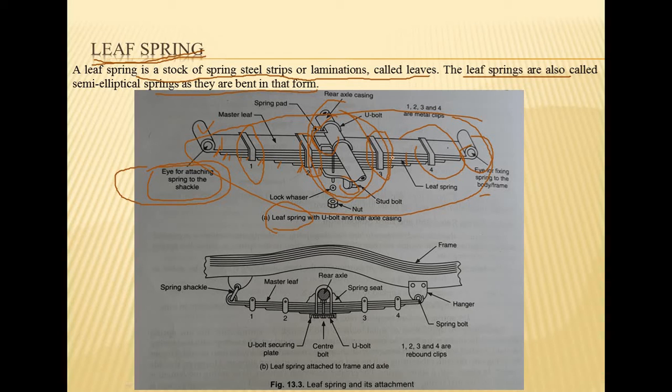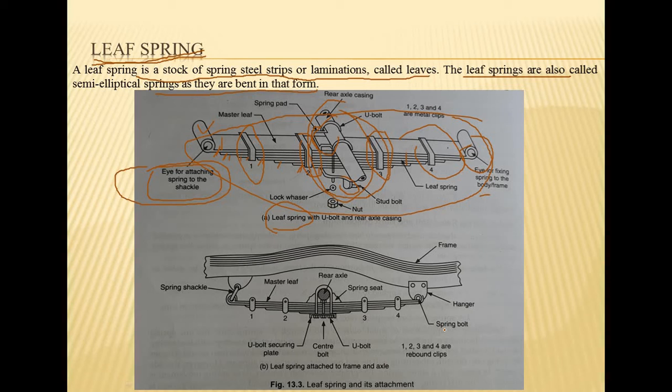The next characteristic: inserts and interleaves are used to control interleaf friction. An insert is a block of some material softer than steel and having special frictional qualities. It is placed in a depression in the leaf spring. Rubber, zinc, and lead inserts prevent rusting of steel leaves of the leaf spring.